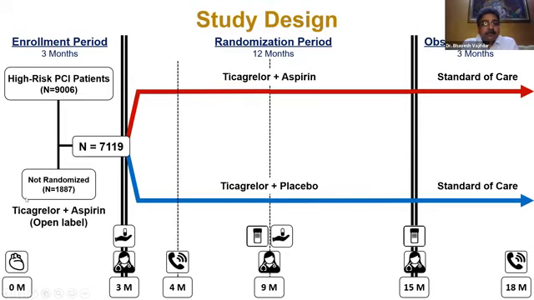Okay. And after 3 months, if they were stable, of course, if they were unstable or if they had a problem, then they go out of the study. But if they were stable for 3 months with this dual antiplatelet therapy, aspirin plus ticagrelor, then after 3 months, in half the patients, they removed the aspirin. So that means ticagrelor with placebo. And in the other half, they continued aspirin and ticagrelor both. And they continued this for 15 months and more. And let's see what happened.